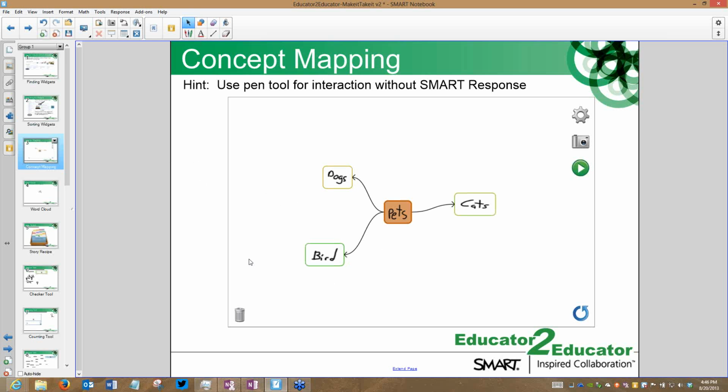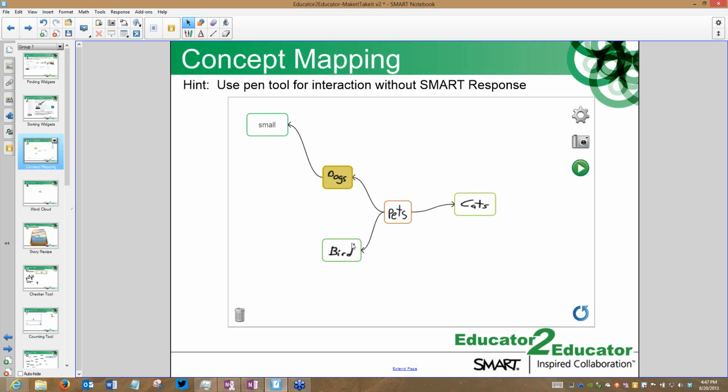Now you might hit a point where I want to go a little bit beyond just this first level of the concept mapping. So we've gotten a few pet ideas out. Now I could go as far as to click dogs, and now the students can start sending in answers and start sending in things about dogs. And it will branch off of those as well. So you can keep building and building off this concept map. It is a very, very cool feature.